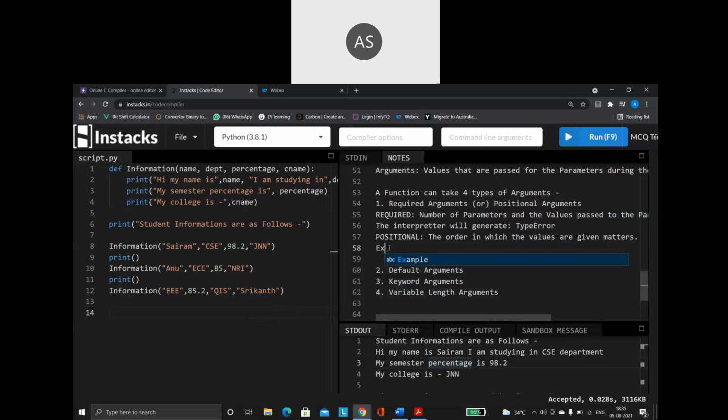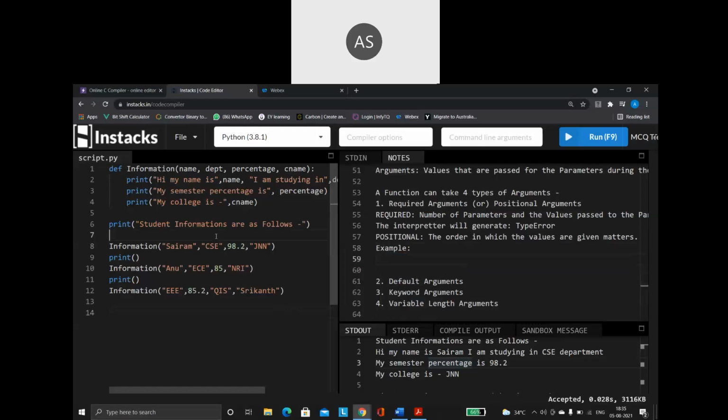So let me add this example. Okay, so there you go.